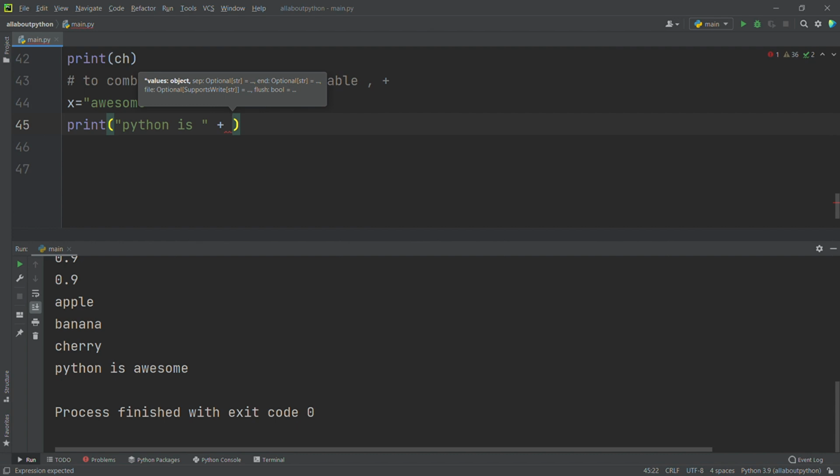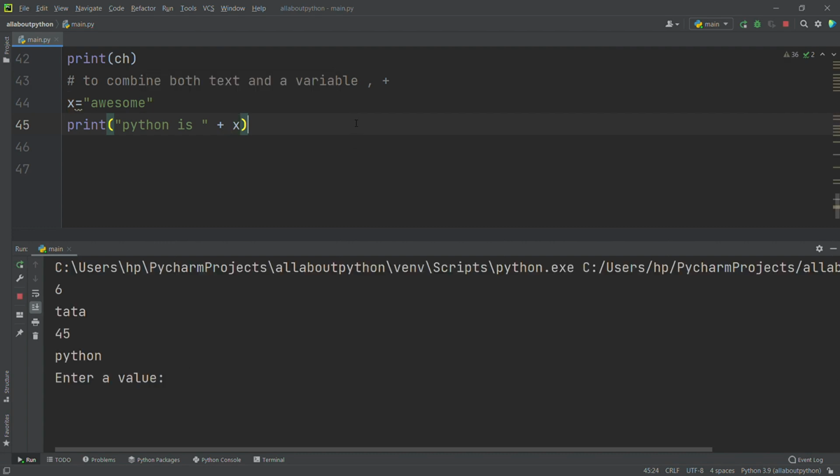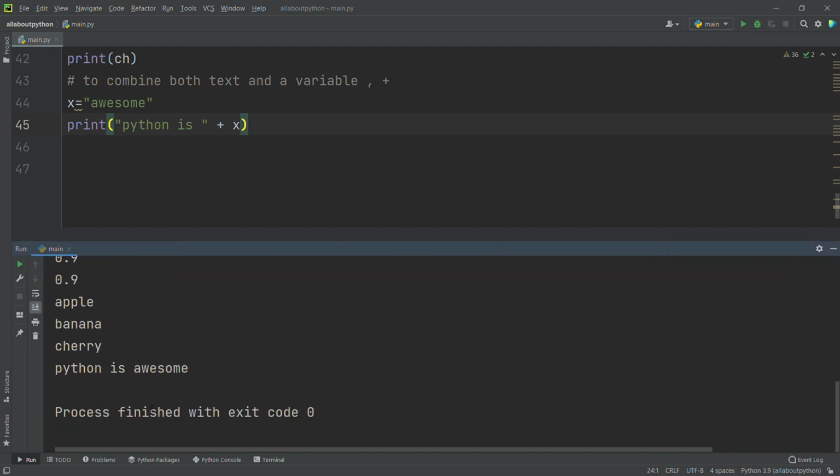So I am using the plus symbol. I am concatenating the string Python is to my x variable, so I give the variable name here. Now I will run this.